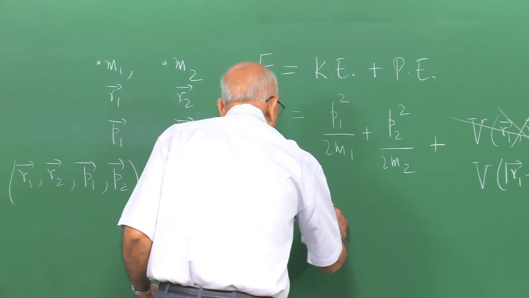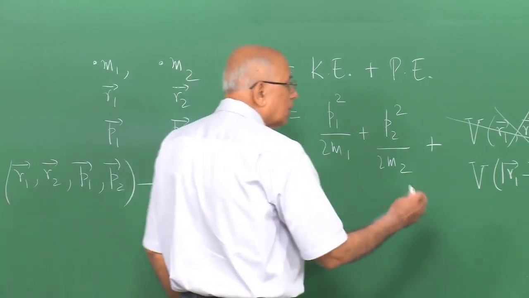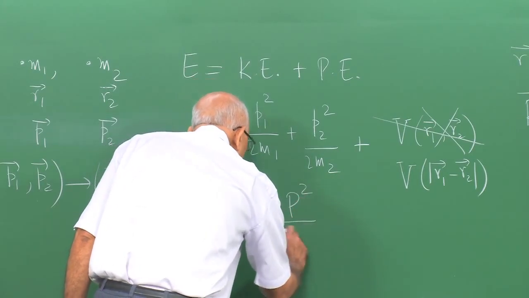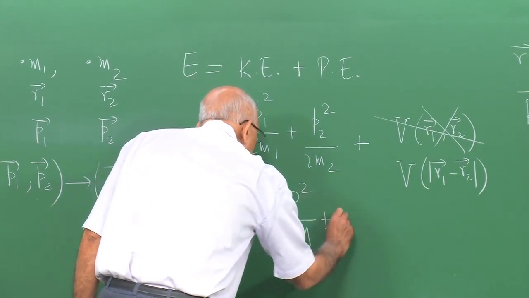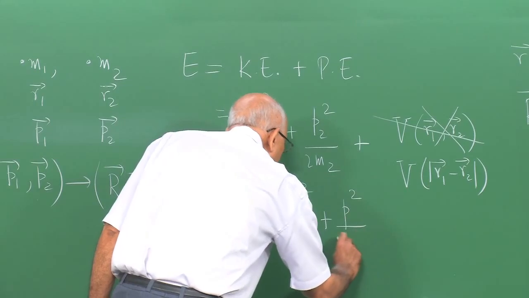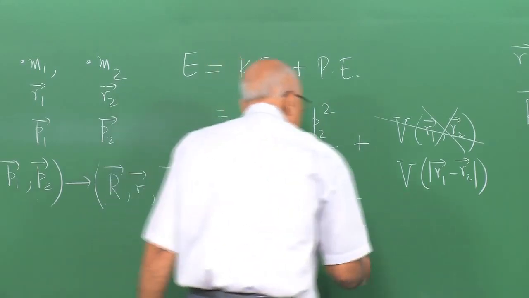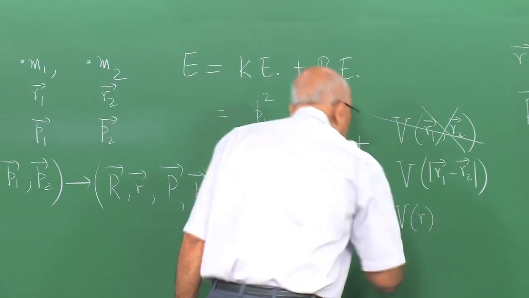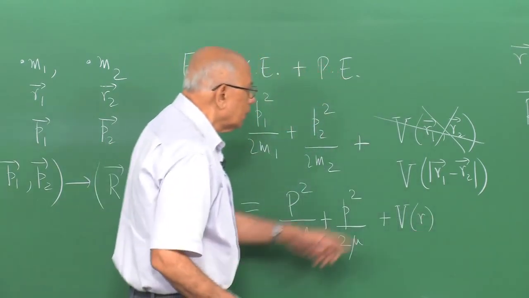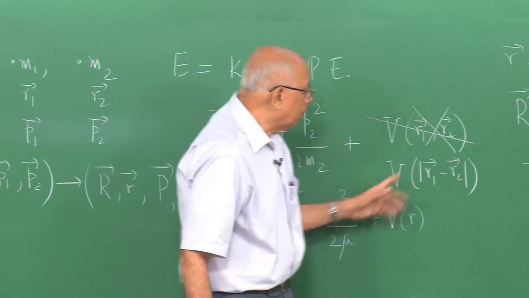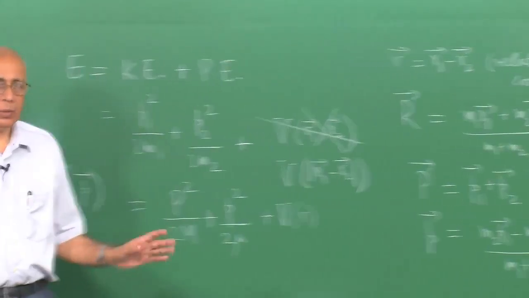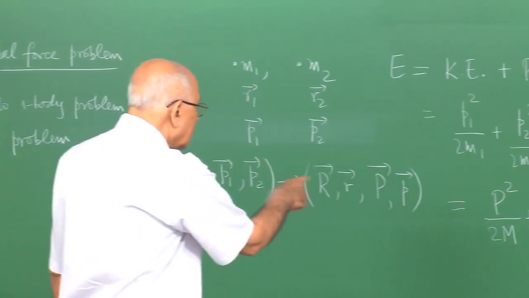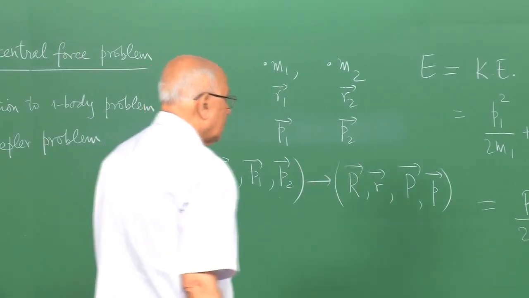This becomes equal to, and this is a piece of algebra which is easily carried out, P squared over twice M plus little p squared over twice mu, and I explain what mu is in a minute, plus V of little r, because now this vector is little r and its magnitude is little r without an arrow up there. So this total energy reduces to this expression here,